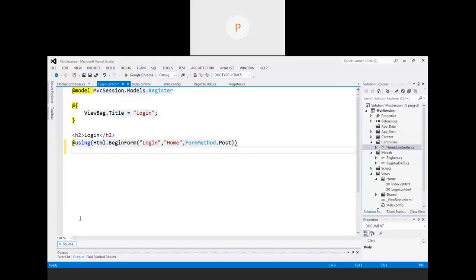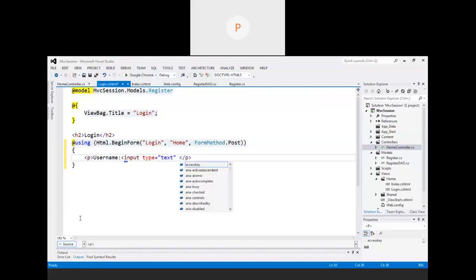Create a simple design, username. It is easy to create this design by using input type, or you can say HTML, and that's why I'm using the same. Name will be email, just because I have to bind this data to the email ID column.